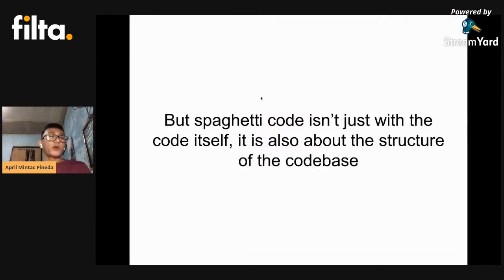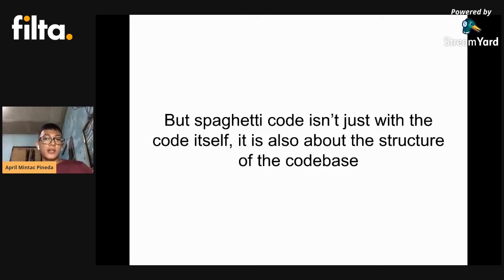But spaghetti code isn't just about the code itself. It's also about the overall structure of the code, the files, the names of the files, the folders, the names of the folders. How are the folders structured? Where do you put things? If I need to use something, where do I find it? In which file? In which directory do I find this particular component?